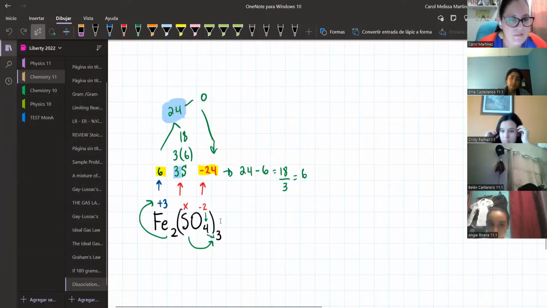To find it, what I do is I get all my oxygens first by multiplying the charge of oxygen times the number of atoms of oxygen times the 3 that is outside the parentheses, giving me a total of -24. Okay, the iron gives me 3 times 2, 6. So to get this sulfur, the procedure that I do is to the oxygen I get, I change the signs, okay? And I subtract the 6. To the negative part, I subtract the positive part, and then I get